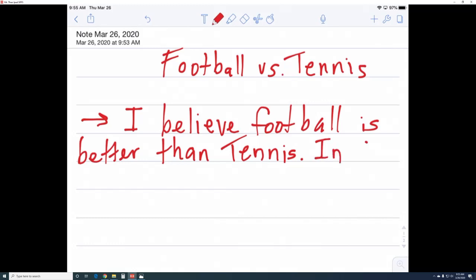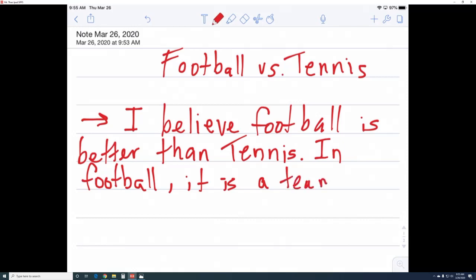In football, I didn't have enough room, so I'm going to go down here. It is a team sport.